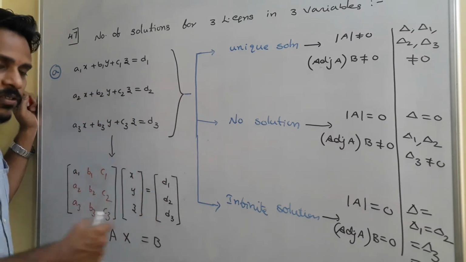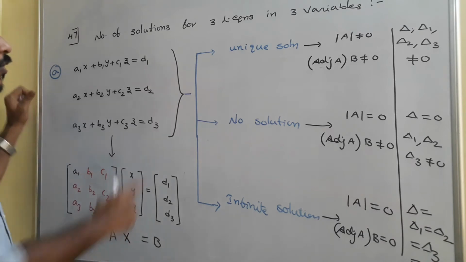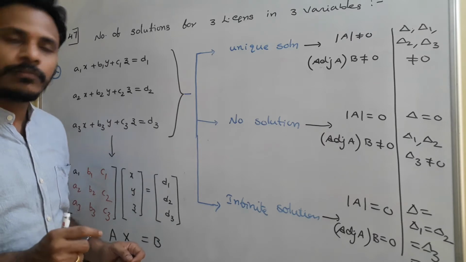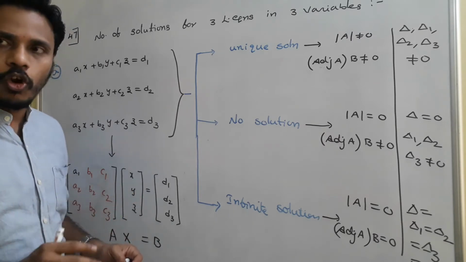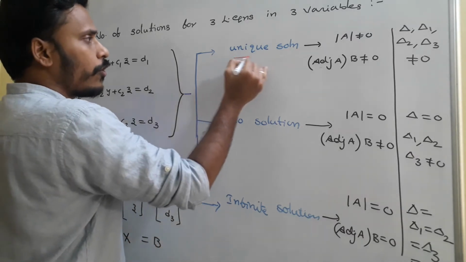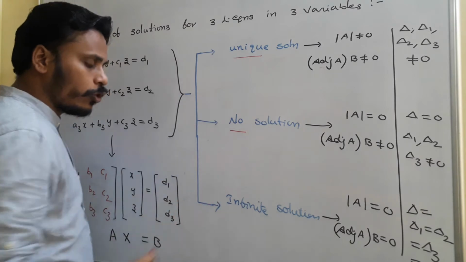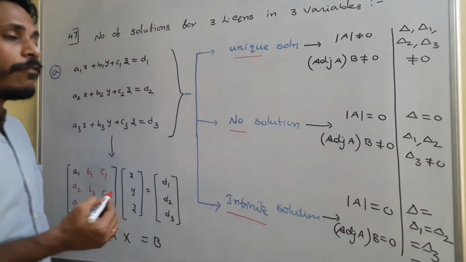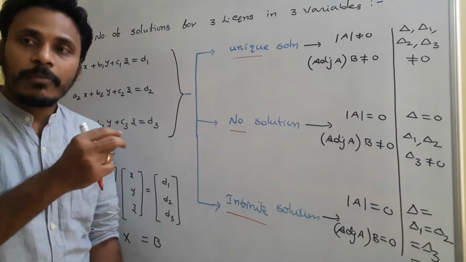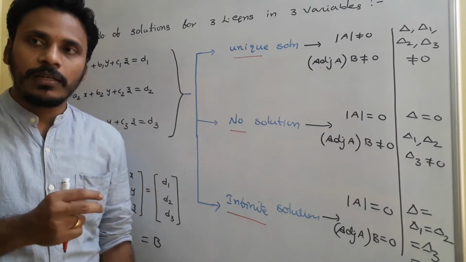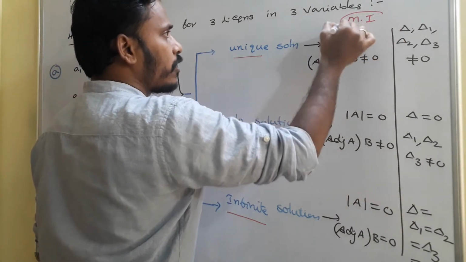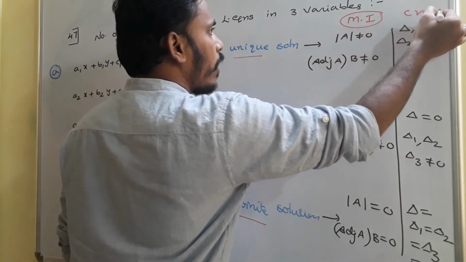All this we discussed in previous points. Now the system of equations we solve using the matrix inversion method, and if needed, using Cramer's method, to find the number of solutions. Sometimes the solution is unique, sometimes the system has no solution, and sometimes the system has infinite solutions. So we need to find some restrictions, some conditions, from the matrix inversion method as well as from Cramer's method. See, these are the conditions from the matrix inversion method and these are the conditions from Cramer's method.